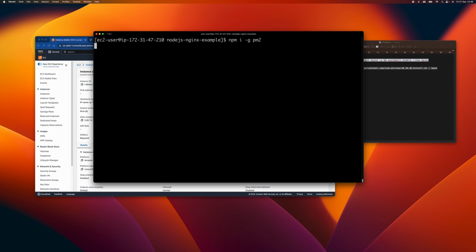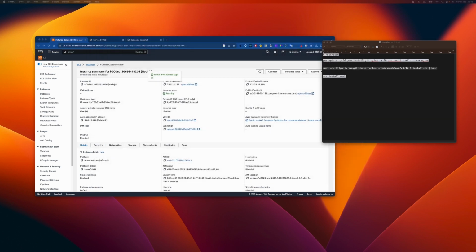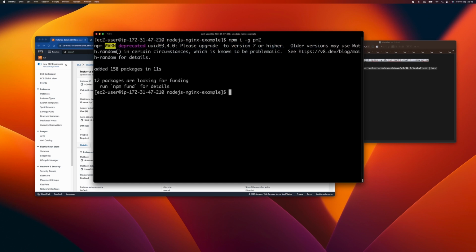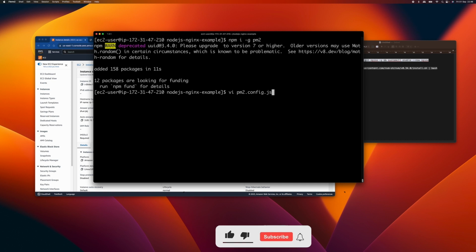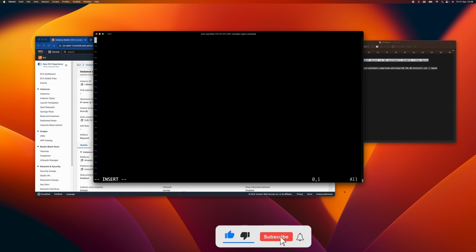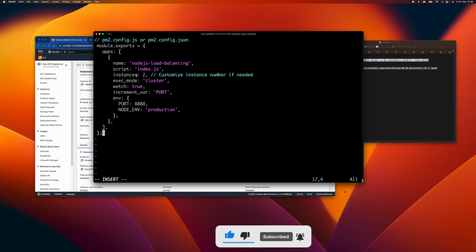So now let's install PM2 globally. This command will install PM2 globally. All right. So now we need to create a configuration for PM2. When we start PM2, we're going to use this configuration. So this is very simple